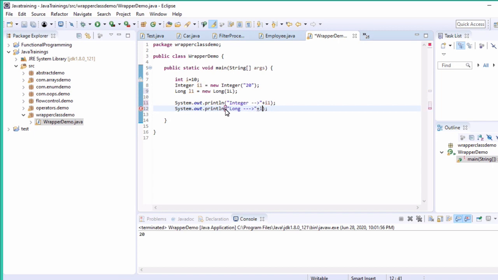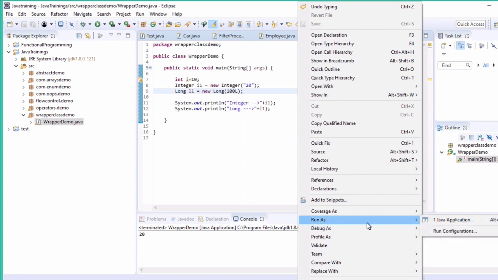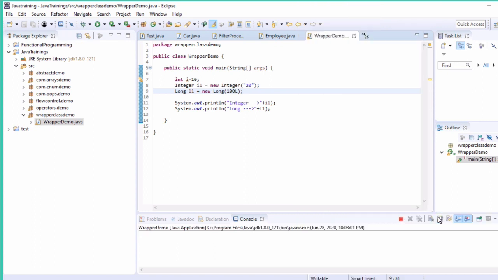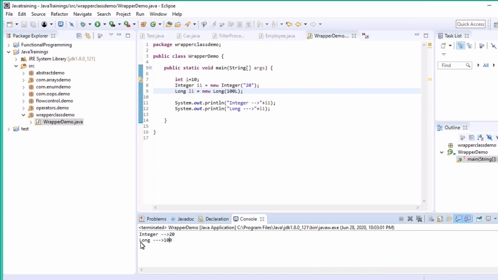Long I given L1, right? So now long will be 1L. Instead of 1L you can even give 100L, anything is fine. If you run this, you will get 100. See, for long I am getting 100, for integer I am getting 20.